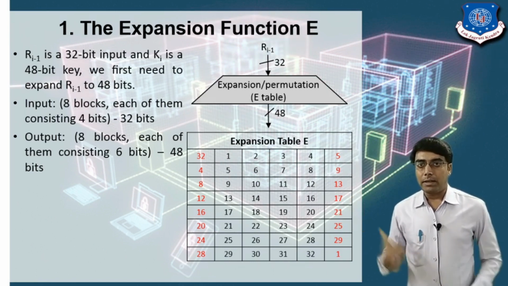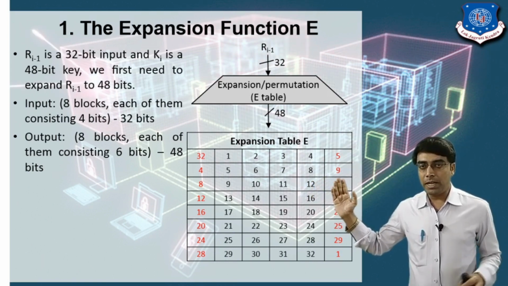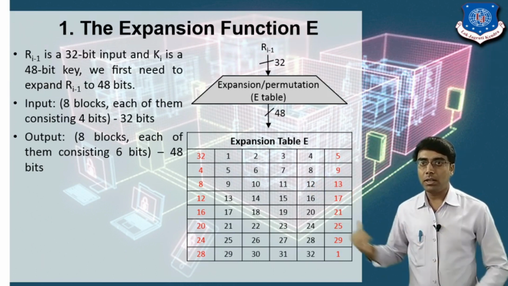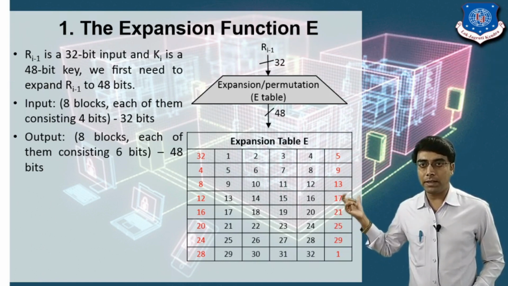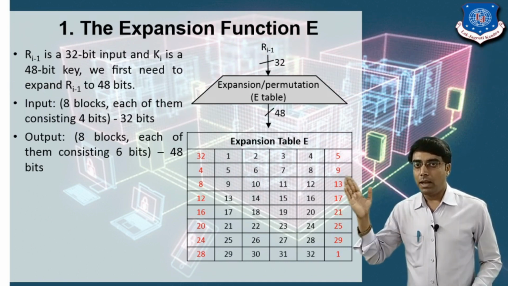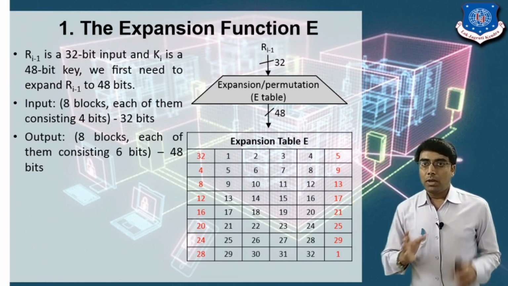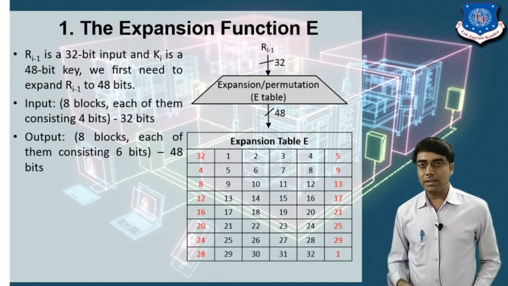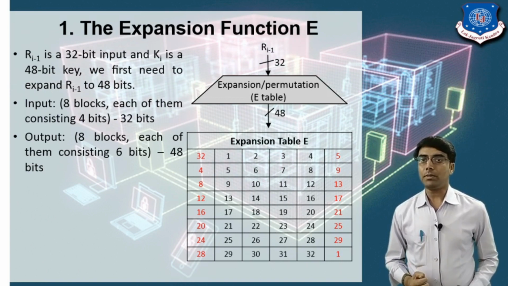Now how will we consider the 9? In the second block, we consider the last bit position, which is 9. In the next block, 9, 10, 11, 12, we take the first bit, in black font, which is 9. So we take the 9 and put it in the last bit of the second block. So now the size of the block is 6. We will do the same process for all the remaining blocks.